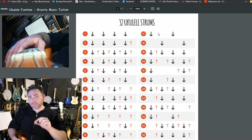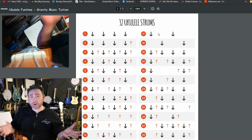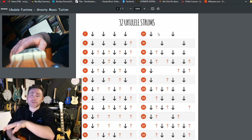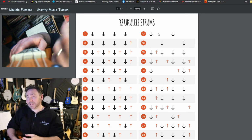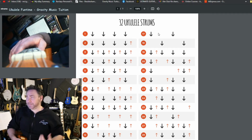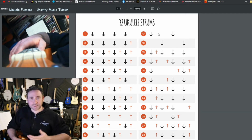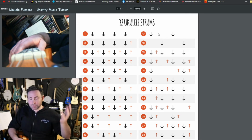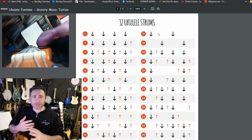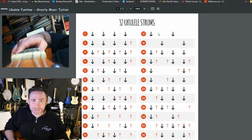You hear them doing individual little parts, and it becomes one whole piece of music where all the different instruments are throwing in different expressions at different times, and some instruments have more focus on one point, and that makes the piece of music. And if you've ever listened to an orchestra live, it sounds crazy when you're in a room. It's a beautiful sound when you've got all those instruments all complementing, and they're weaving in and out with different expressions. And so I'm not saying that we're going to be able to do that with a ukulele club,